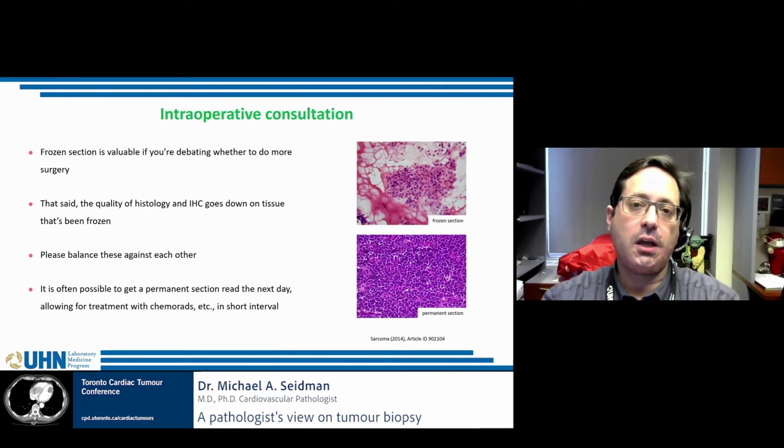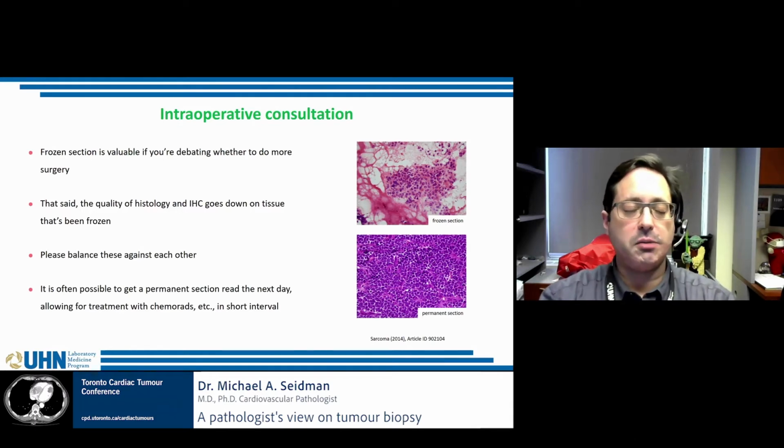So this does overlap with some of the questions around intraoperative consultation, because that will also affect adequacy. I am the first to tell you that if you're going to do something different in surgery as a result of a frozen section, it is completely indicated. However, I'm also the first to tell you that if it won't change anything intraoperatively, it might not be the